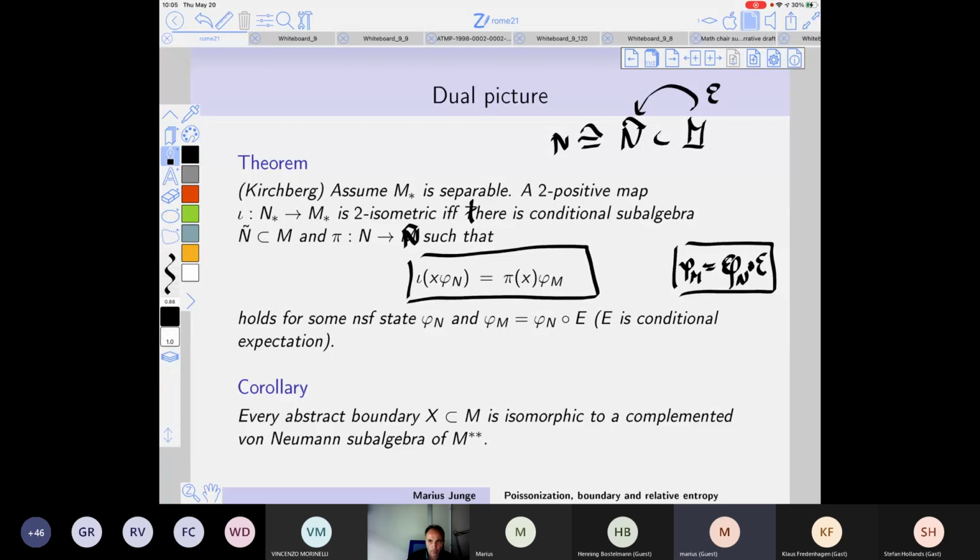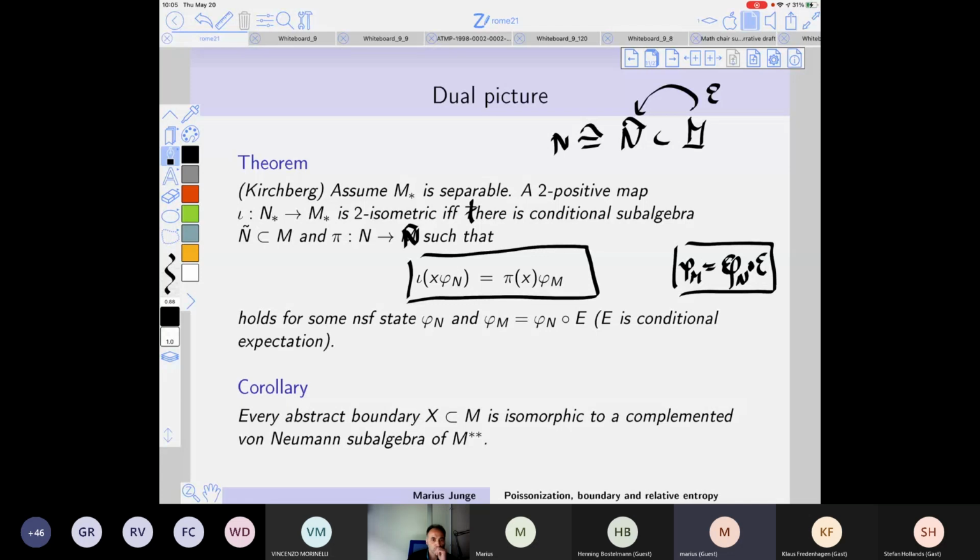And that means abstractly that for every abstract boundary X, the double dual is isomorphic to an algebra of N double star, right? So X is isomorphic to some, and that isomorphism goes to the double dual, if your inclusion maps are not normal. Think about these limits you were taking in the previous talk, right? These limits are often not normal. They are taken in a very special way. So if you ignore some of the limit procedures, you can put it in a double dual, and then this mapping becomes an algebra homomorphism. A little bit surprising, but that's what Kirchberg's theorem simply implies.